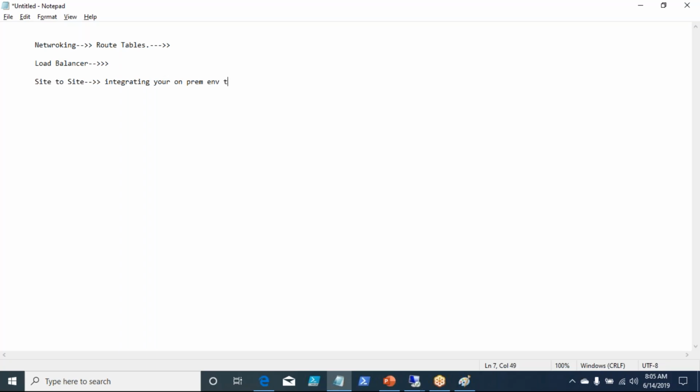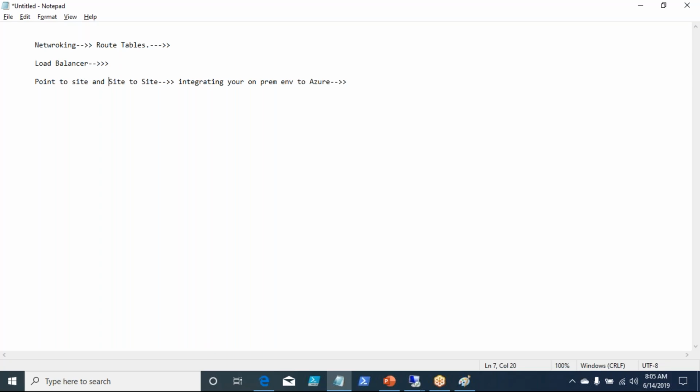On Monday we are going to cover this part, and we are going to discuss a very important topic, which is the theory around site to site, which is nothing but integrating your on-prem environment to Azure, right? We'll try to see if I can get my lab working for this. Otherwise, we'll look at some other alternatives. We are going to look at site to site and then point to site theory. These two theories we will be discussing if time permits on Monday, along with the practical of the load balancer.